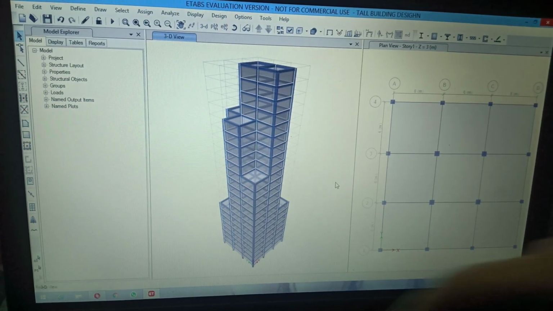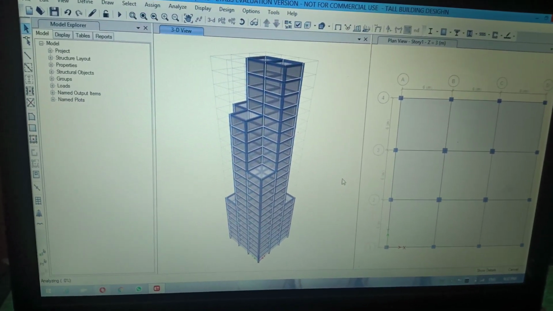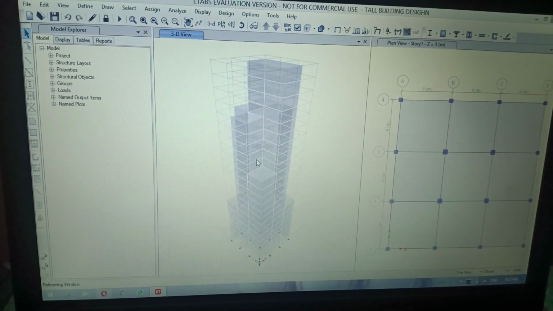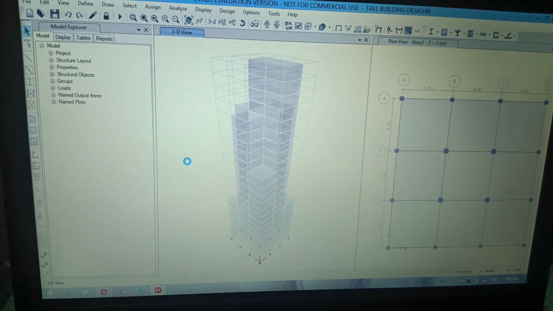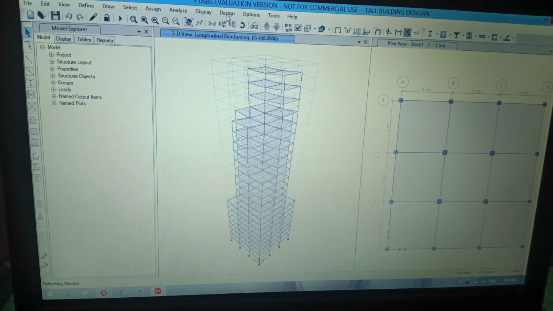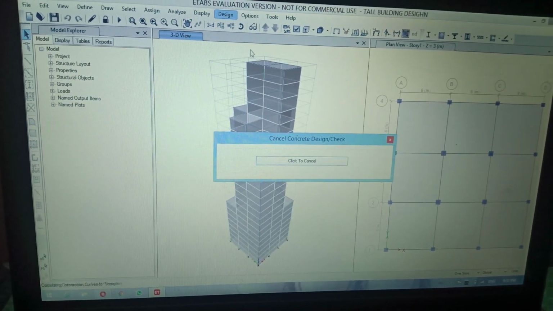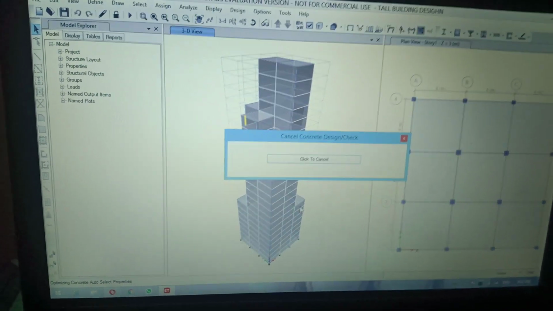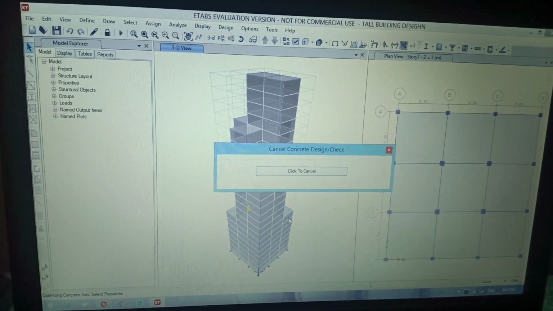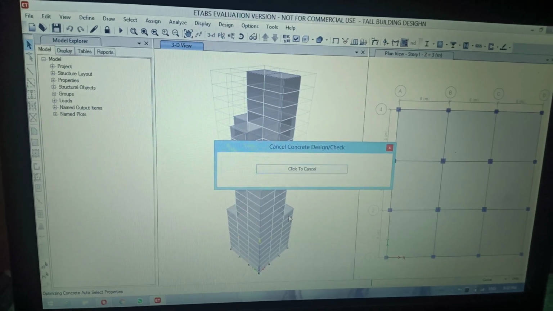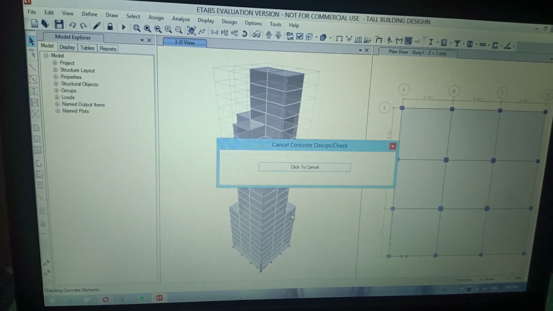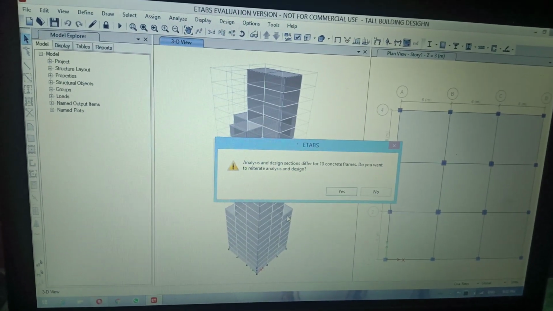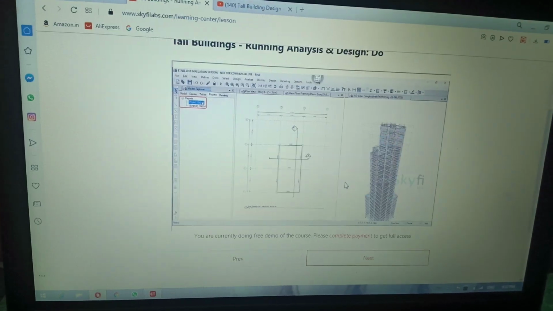Now again you can see the analyzing percentage. Now it is completely analyzed. Hence there is no notifications. Again it is going to analyze here. This is because the beam sizes we entered are 3 and column sizes we entered are 3. It is going to take which frame is failed, means in that failed section it is going to take the next biggest size. That is why it is displaying.